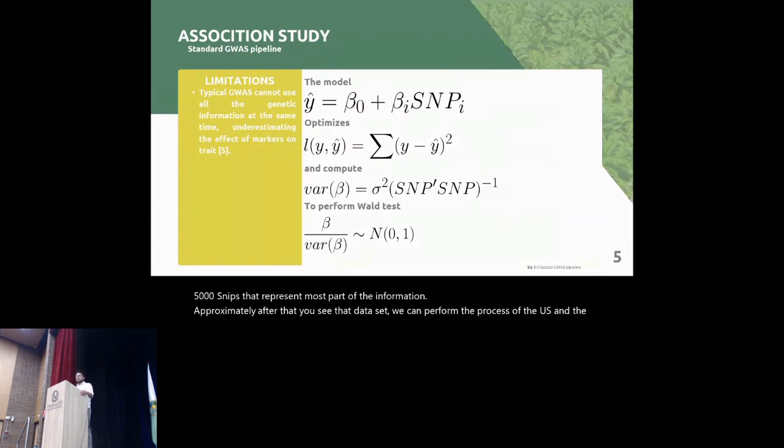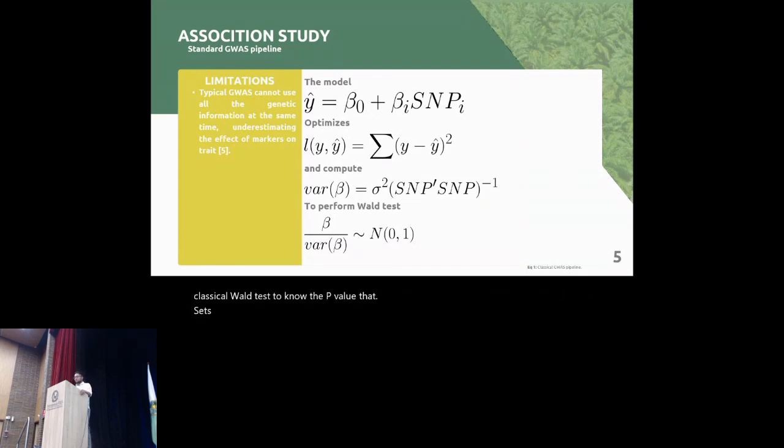In the case of the GWAS, I want to talk about the classical approximation and its limitations. In the classical approximation, we use OLS linear regression to perform the adjustment of the model, using also the mean square error as error function to optimize that and to have the values of the effects or the parameters. And with the values of the parameters, we also can compute the variance of those parameters, and taking into account the parameters and their variance, we can compute a classical Wald test to know the p-value